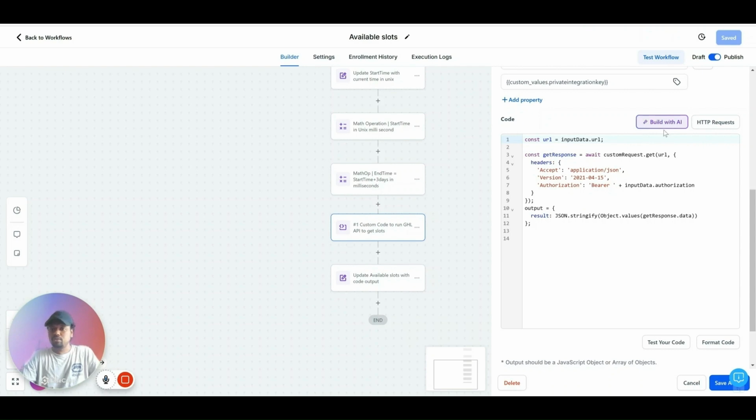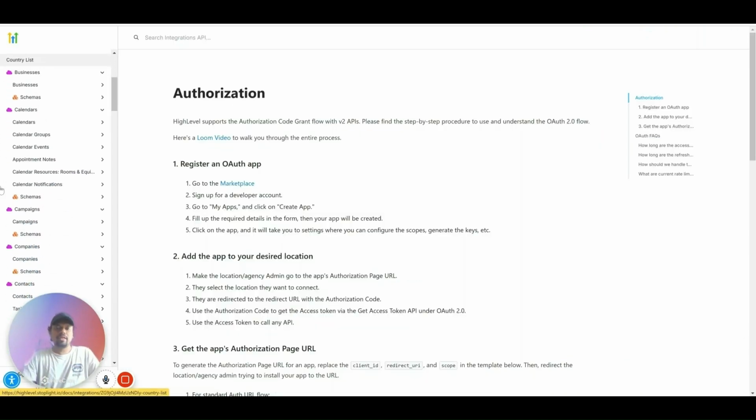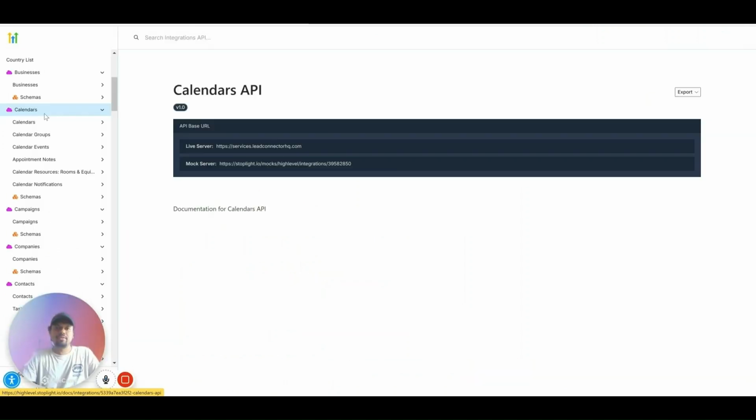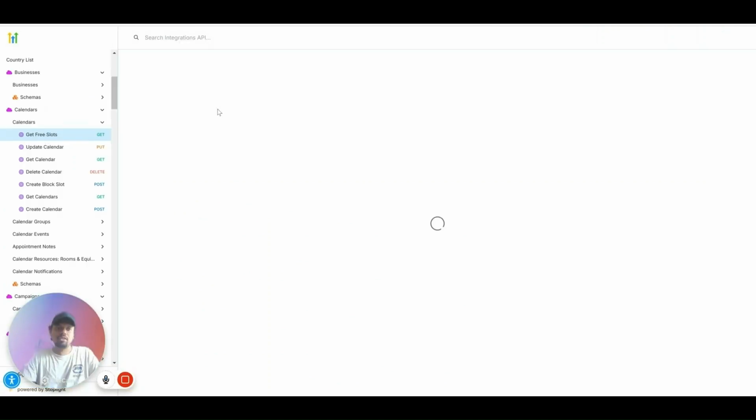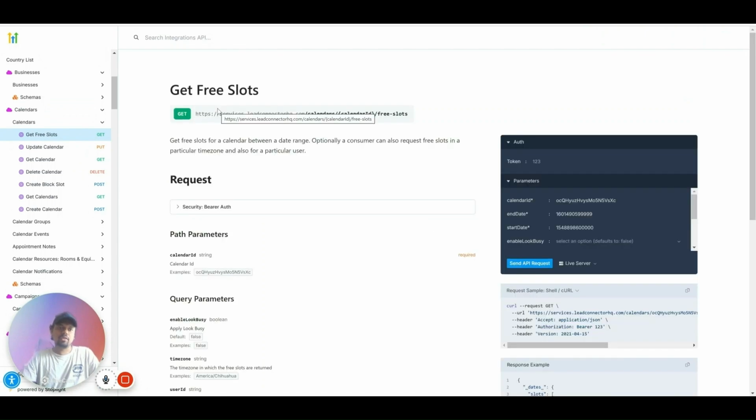If you want to generate this code, you can also build it with AI. This is exactly what I did. What I'm trying to do here is run an API call to the GHL API version 2. So here is the API documentation. What we are interested in is under calendars. If you go under calendars, you'll see a lot of calendar related folders. Inside the first one, you see get free slots. If you click on that, you get the format of this